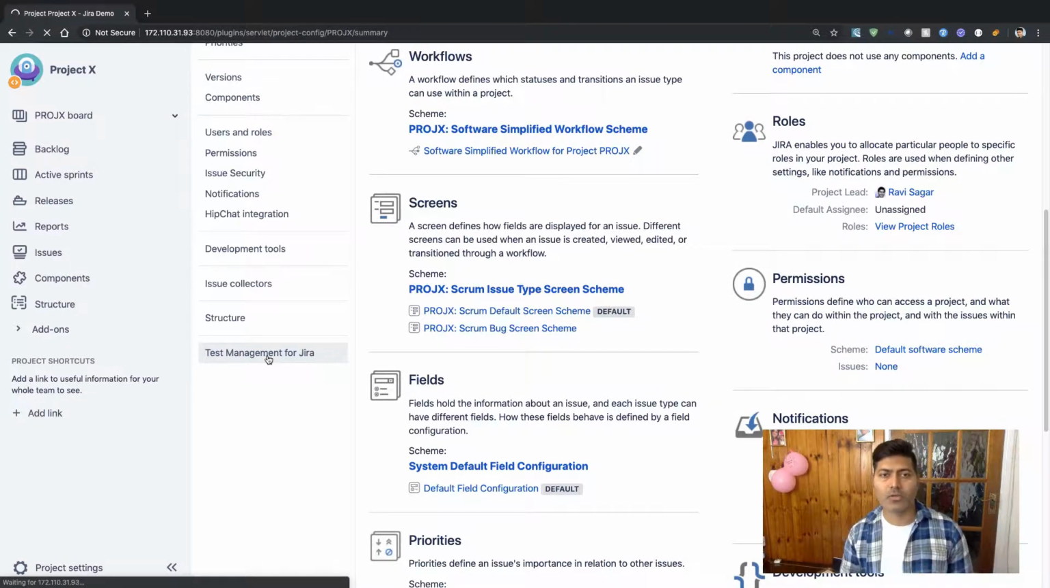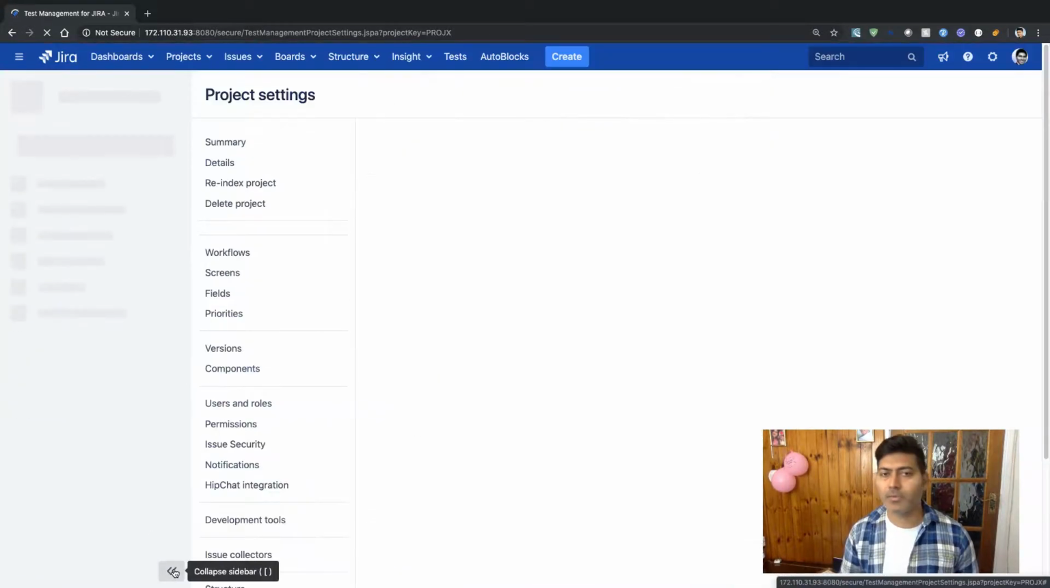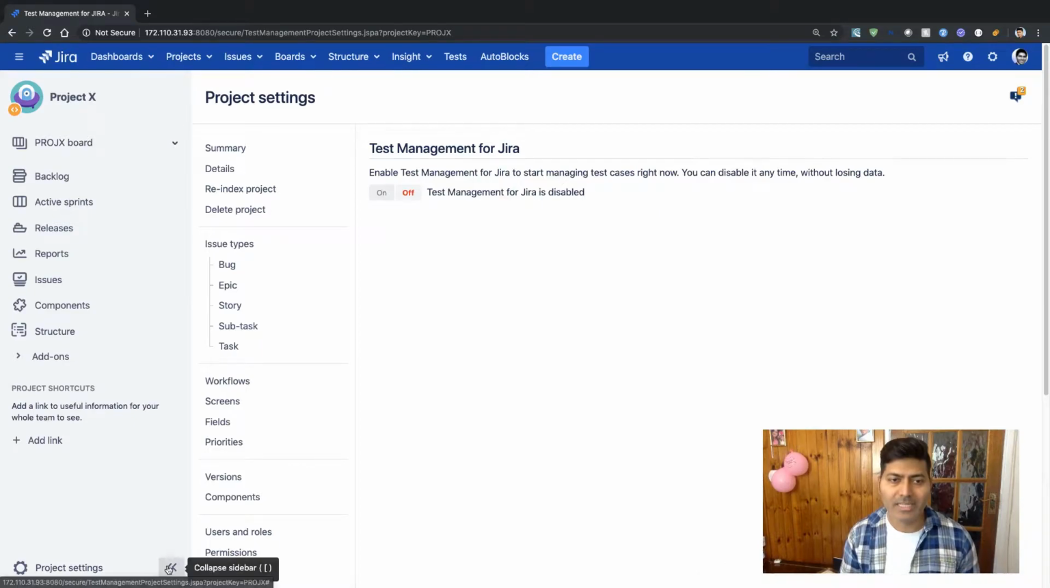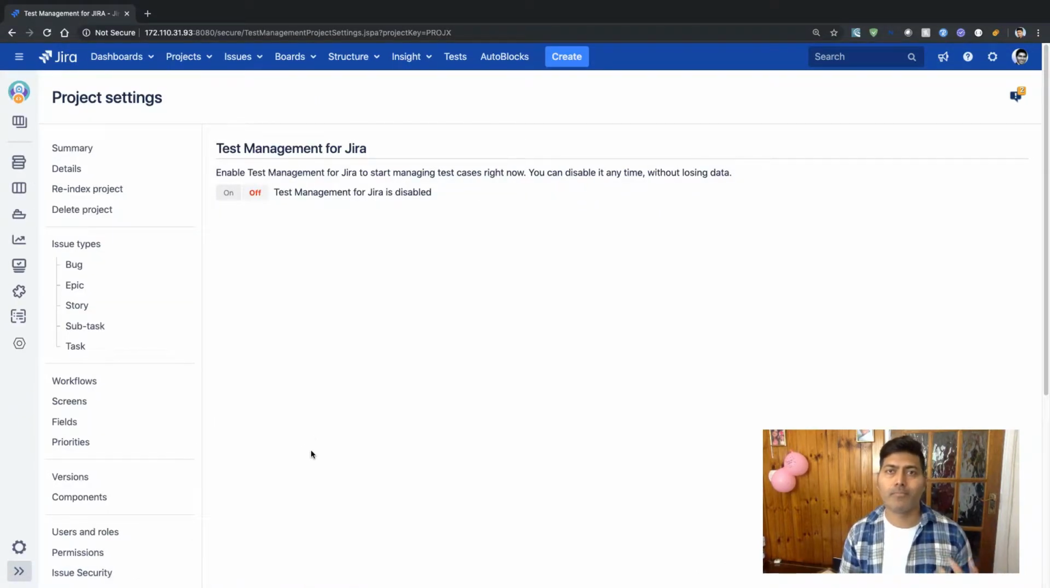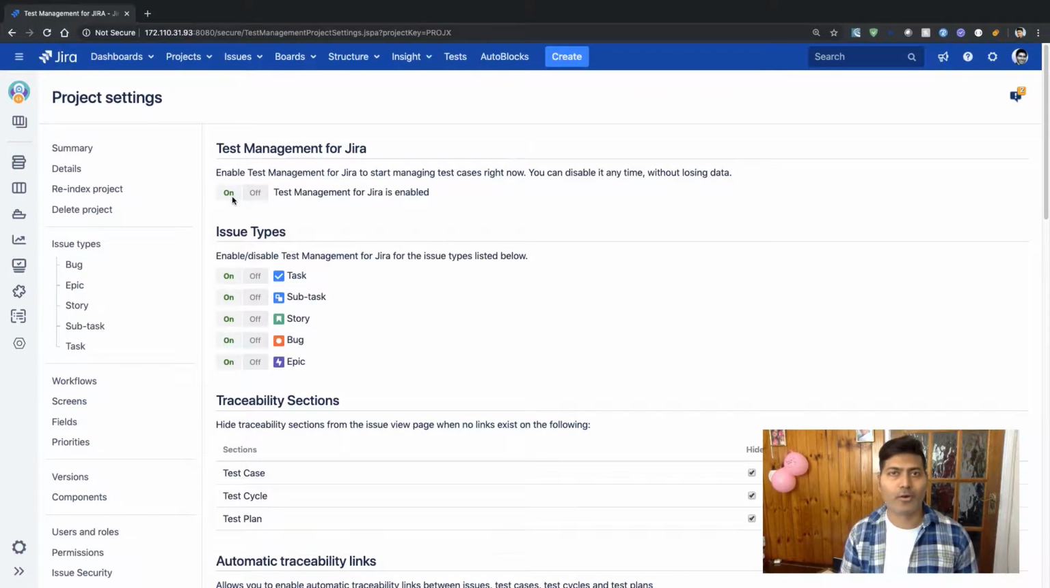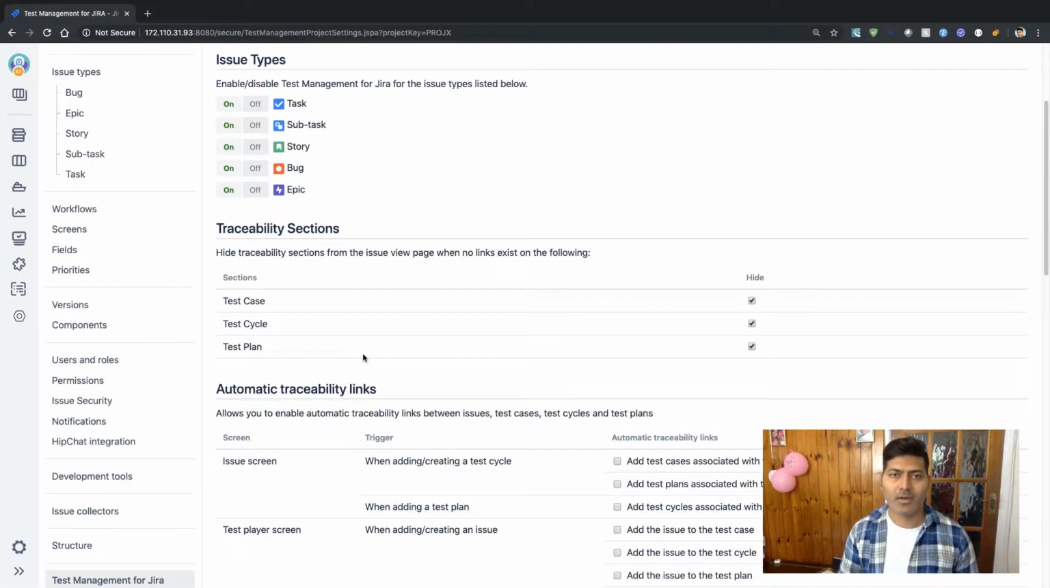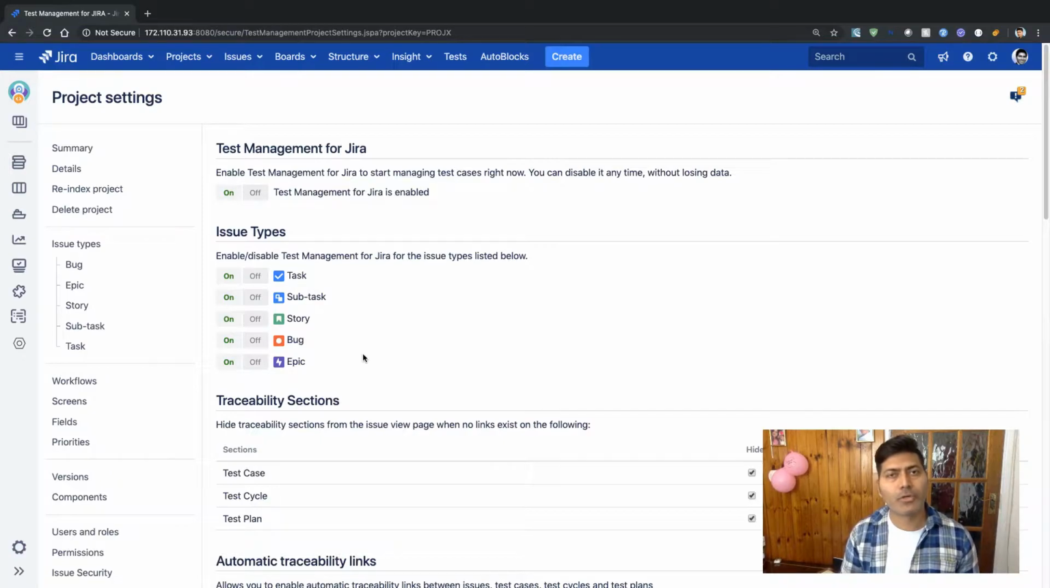Now from this particular section, you can simply enable or disable the test management for Jira add-on for the entire project. So there is a toggle button here called on or off, and if you click on, you can see here that you have a lot of configurations. A whole set of configurations have appeared, and one thing which I really want to do in the beginning is I want to make sure that my test management for Jira is or the ability to have test cases or